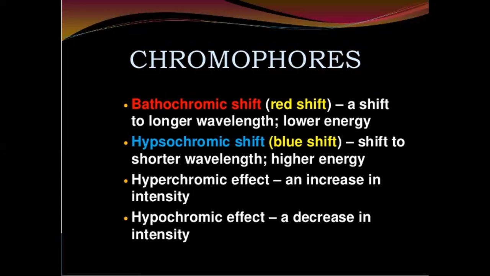And the word chromophore is used to describe the system containing the electrons which is responsible for absorption of EMR. C double bond C, the lambda max is 175. C triple bond C, lambda max is 175, 195, 223. C double bond O, lambda max is 160, 185, 280. Or NO2, lambda max. All these are chromophores. I'm giving you examples. Later we'll see what is bathochromic shift and hypsochromic shift. First, we should have some examples of the chromophore.